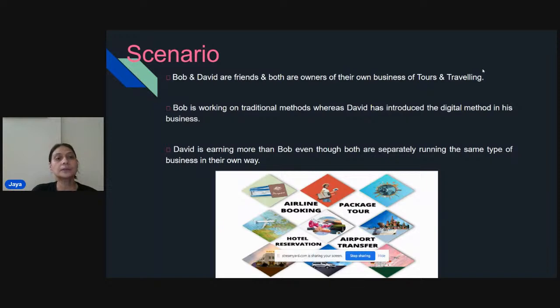Now, Bob is using a traditional method, whereas David is using a digital method. David is earning more and more in his business